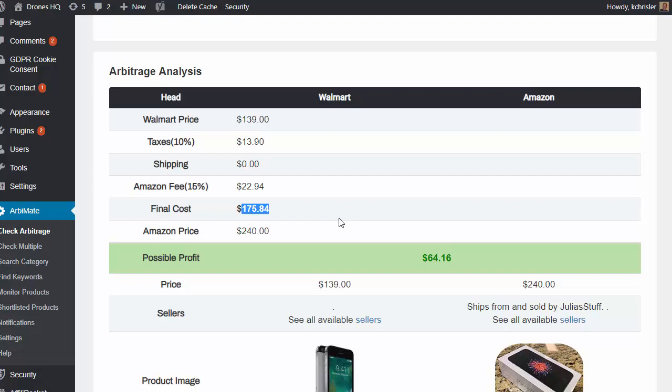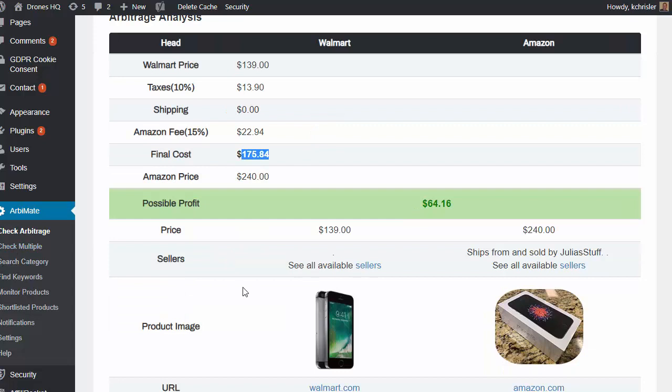I could go ahead and take this product and list it on Amazon. I don't have to buy anything. Once I get a sale on Amazon, I simply go to Walmart, make a purchase, and have it sent to this customer. I pocket $64. I didn't have to stock any inventory. It's a really, really cool process. And again, it's an endless process. There are so many products out there. You could continually do this over and over again.